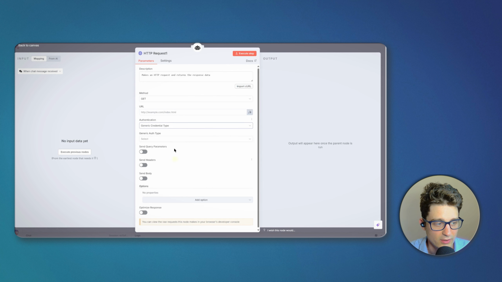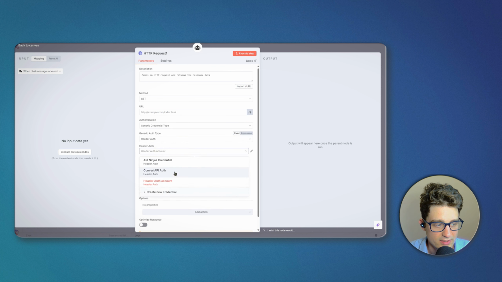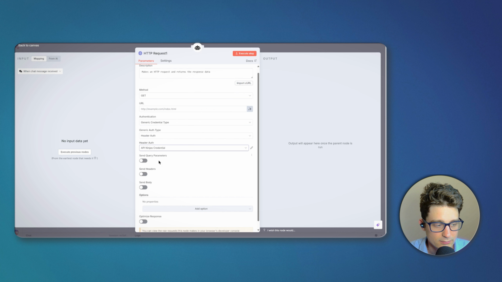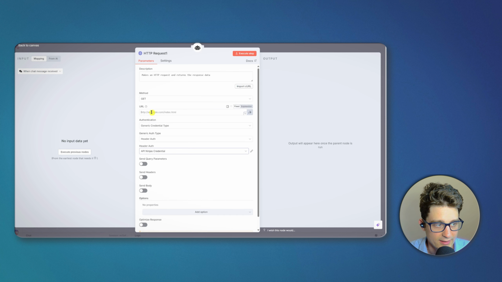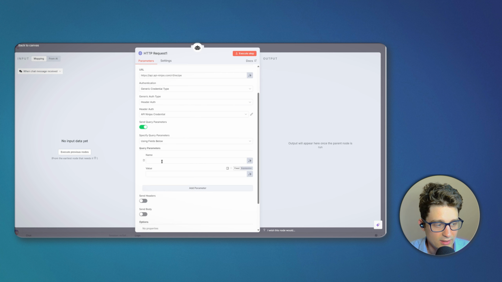So for the authentication, we already have our auth setup, we just have to choose it, and we have to add the URL the same, and we will be sending query parameters just like we did before, and the name here will be query. And for this, the only real difference is that we can click on this star icon, and then the value will be